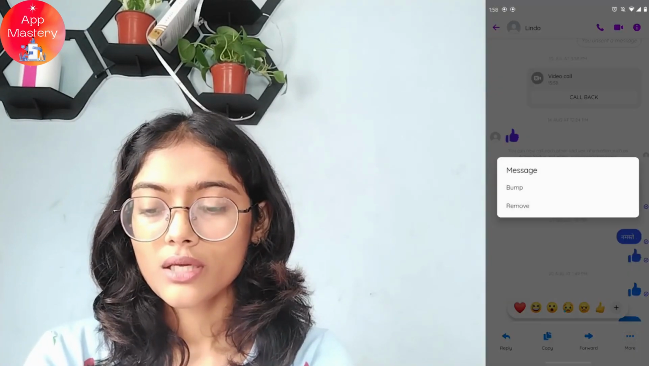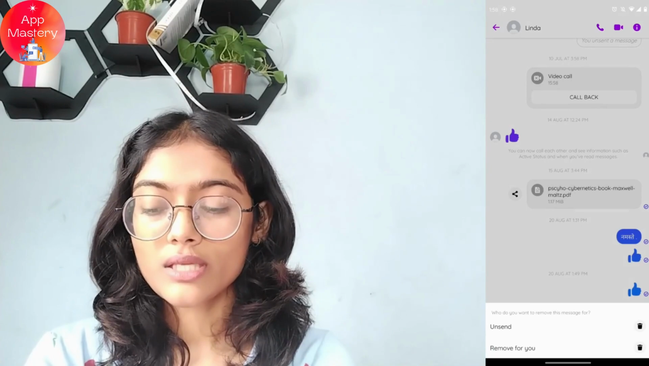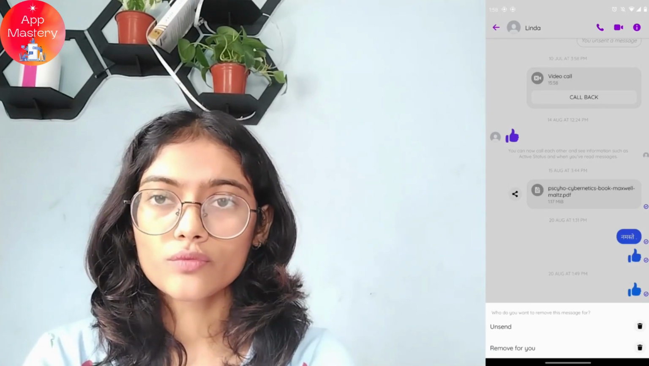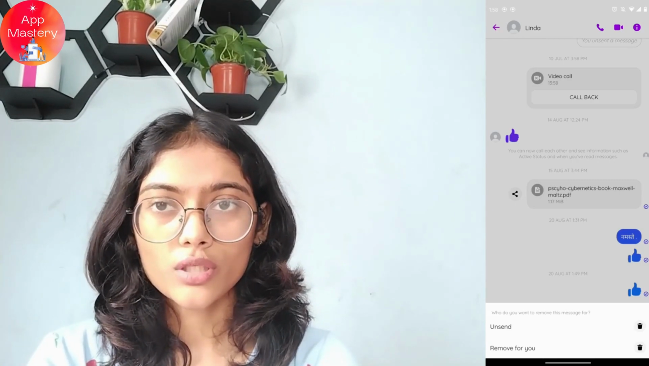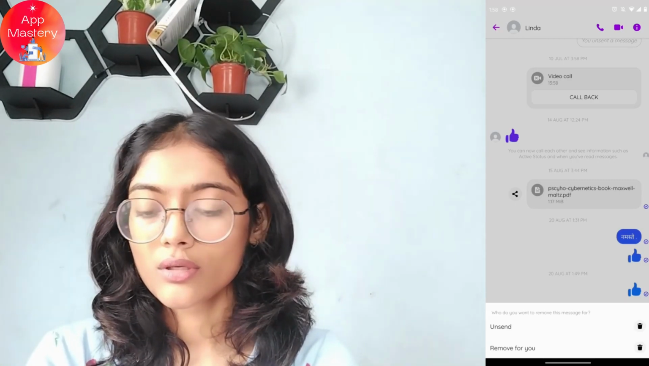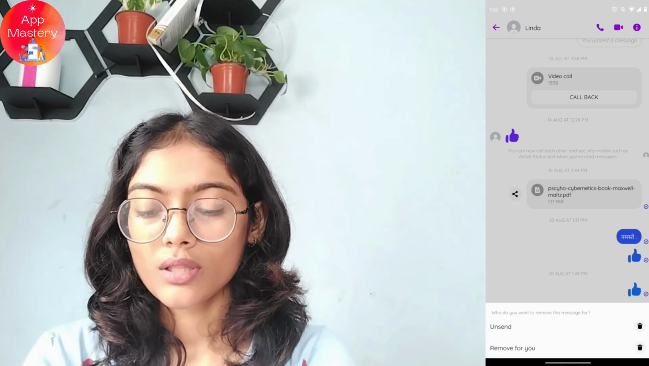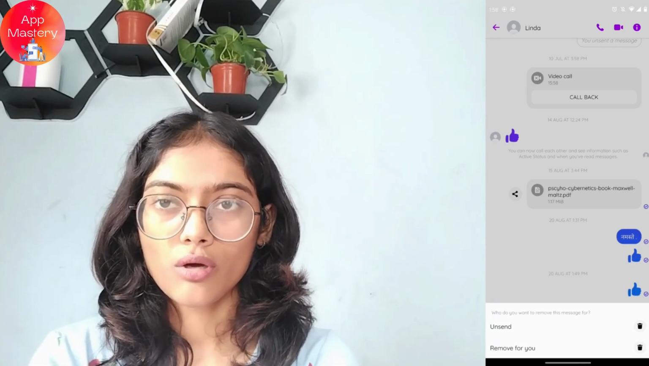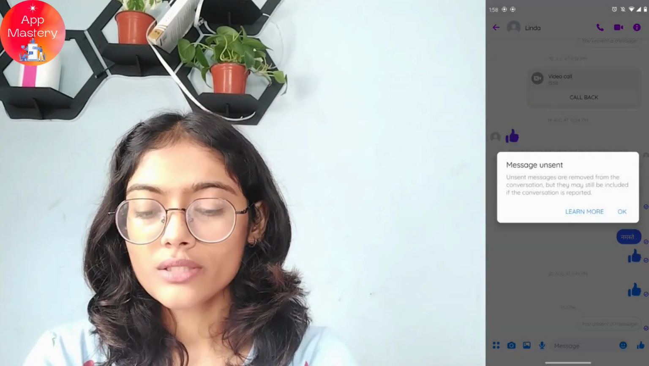Simply tap on that and then tap on remove, and here you will have two options. One is unsend and another one is remove for you. If you tap on unsend, then the message will be removed for you and for the other person from both the conversations. But if you tap on remove for you, then the message will be removed only on your mobile. So to do that, you can simply tap on unsend,